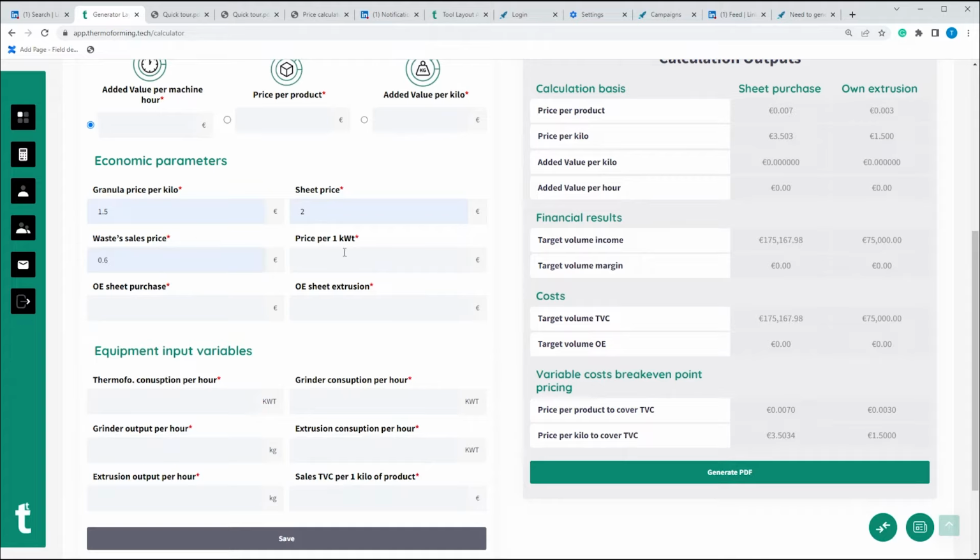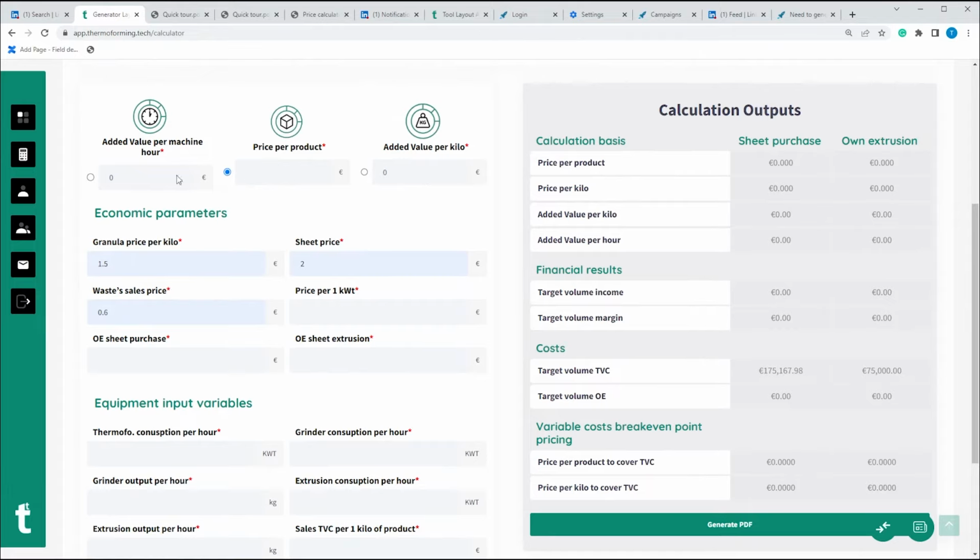If you want to go deeper, you can add price of kilowatt and consumption, or you can add operating expense or additional sales variable costs for your product like transportation, packaging, and agent's commission. There are 3 different calculation bases which you can choose from. You can say that you have a specific retail price of the product. For example, it is